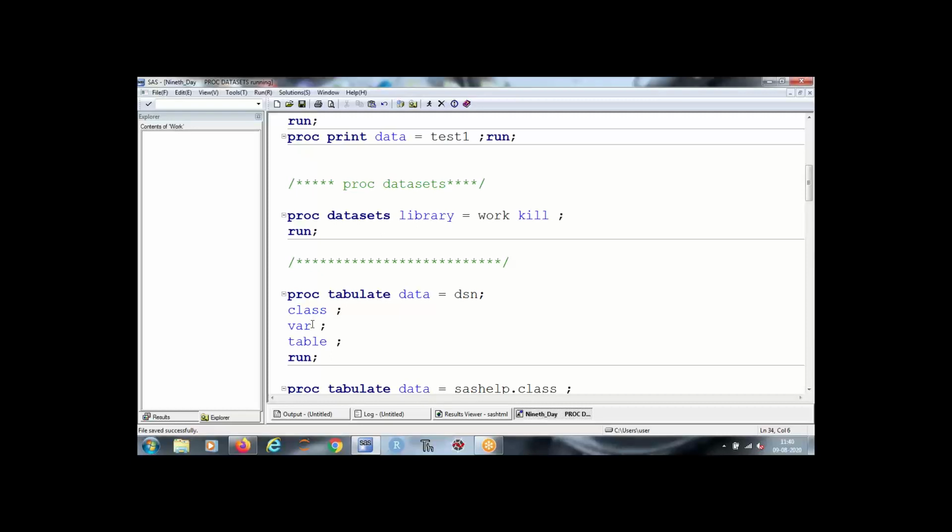In var we write a variable for which we want some sort of statistics or calculation or aggregation. And in the table statement, we define the structure of the output table which we want.